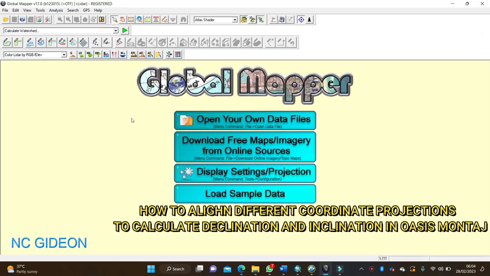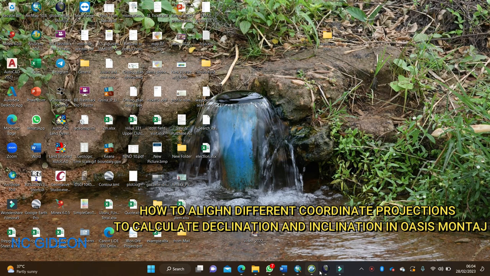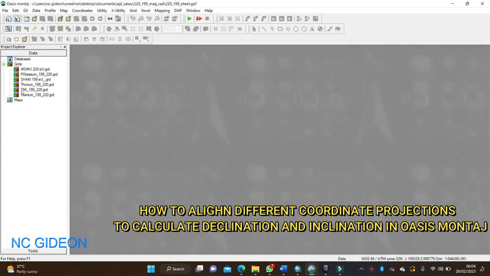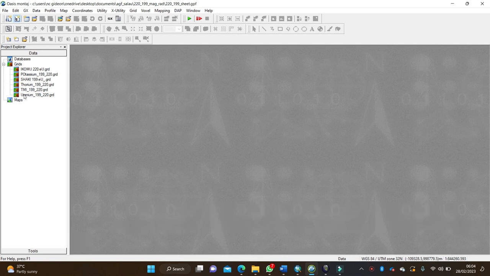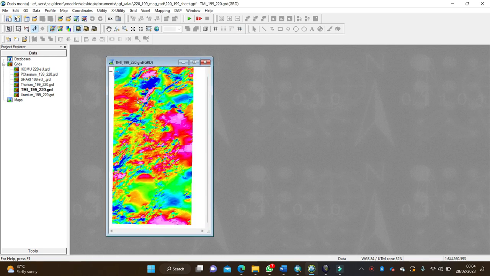Okay, right now I'm going to show you some people made this mistake before. I'm going to show you something when you're working with two different zones. If you look at this, let's look at this data now. Here I have some data in different, let's just say, if you look at this data, look at here,